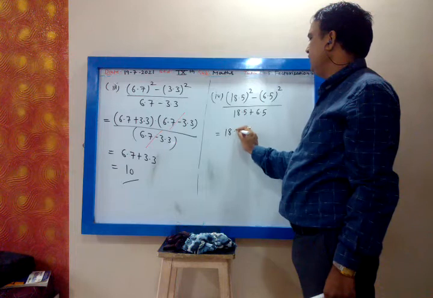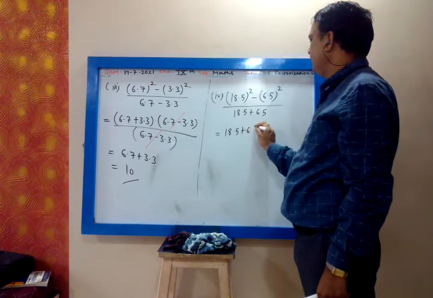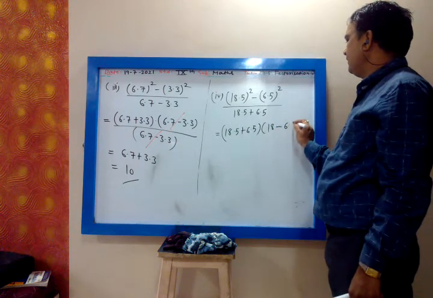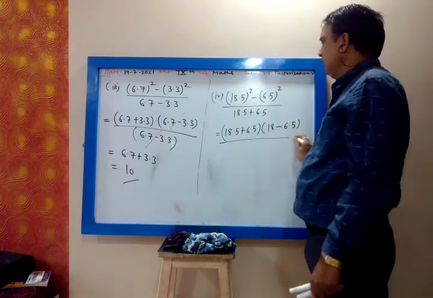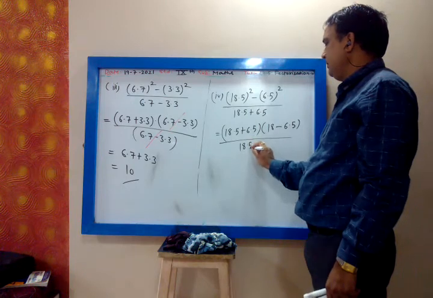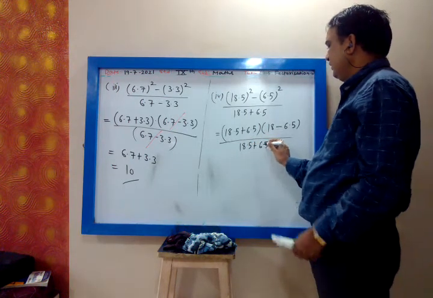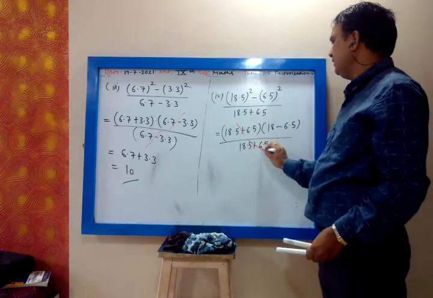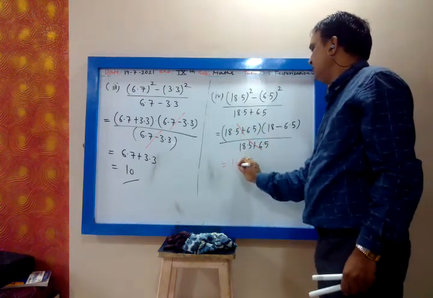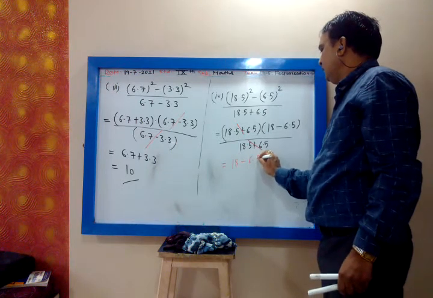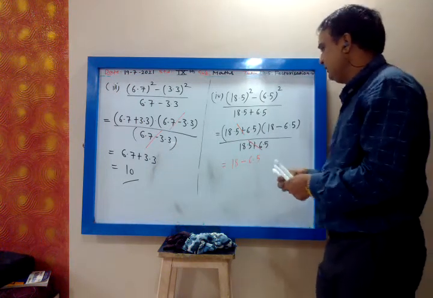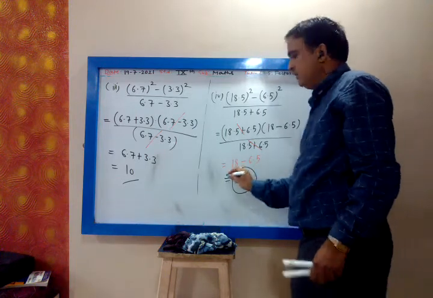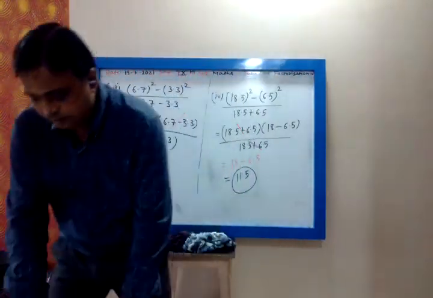So 18.5 plus 6.5 into 18.5 minus 6.5 upon 18.5 plus 6.5. Now 18.5 plus 6.5 of the numerator gets cancelled with the denominator. So what is left? 18.5 minus 6.5, and that is 12. Answer is 12. So this completes